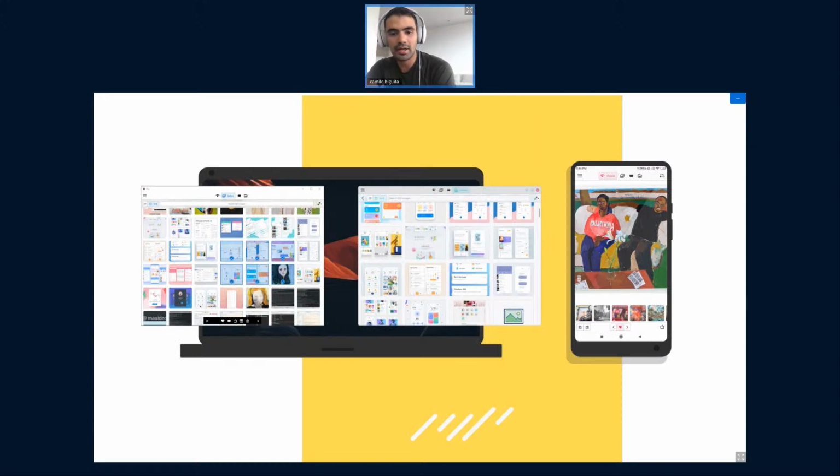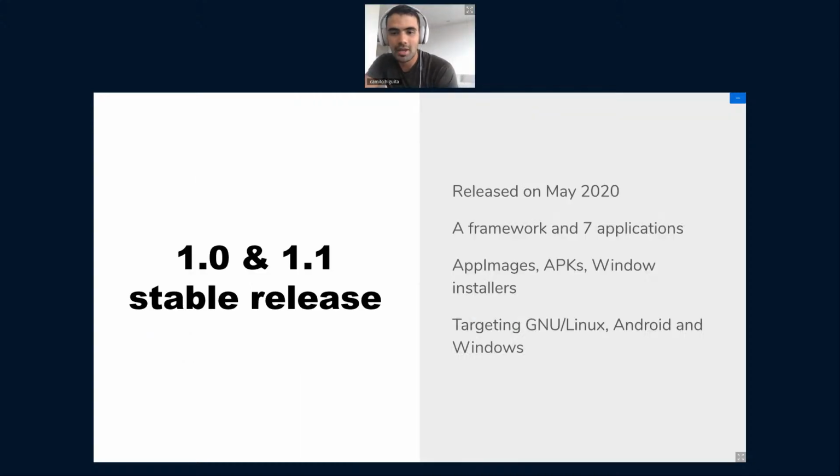So our first stable release, we have packages for Windows, for Android, and also for Linux, both for ARM and regular 64. We had the first stable release in May. We had a stable release for the framework, Maui Kit, and for 7 applications